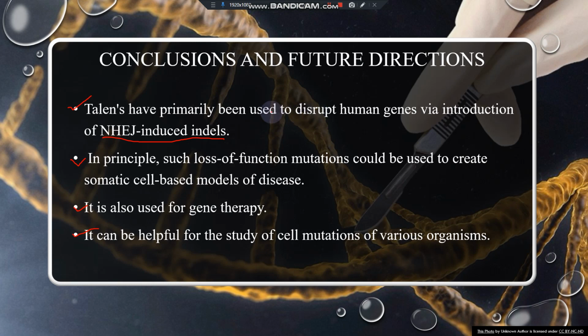I'm going to talk about NHEJ here. As I told you earlier, NHEJ is an error-prone mechanism, and as it is error-prone, it is not natural. It is just used for repairing the double strand break in the DNA, because if we do not repair it and leave it like this, it will not be a good option.